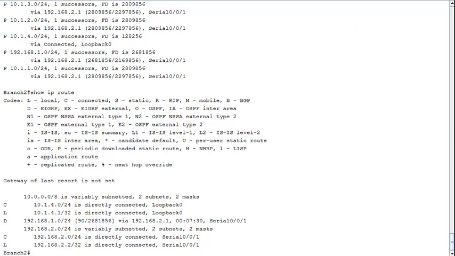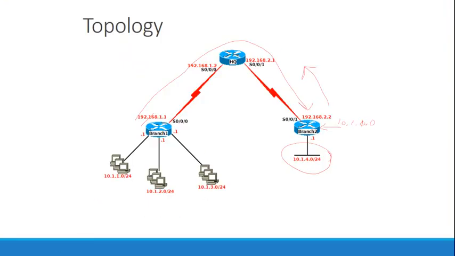The reason being is, if you remember, and if you don't, I'll remind you. I gotta stop saying if you remember. So the first time we just straight up ping 10.1.4.1. When it does that, it uses the closest outgoing interface, right? And the ping got here with a source in the 192.168.1.0 network, which branch 2 had in its routing table, so it could respond. When we used a source of 10.1.1.1, it went out because branch 1 still has a route to 10.1.4.1, but it couldn't get back